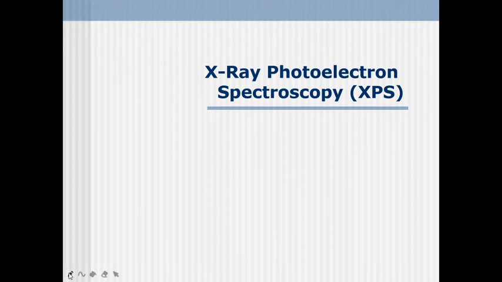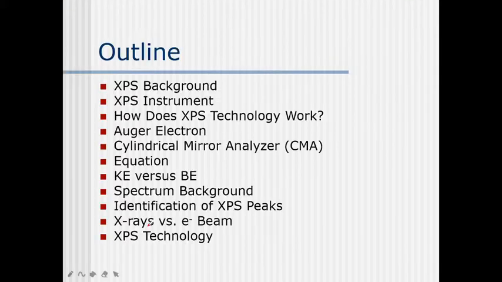Good morning, everyone. So, we had seen in the last class about photoelectron spectroscopy, in which we had categorized two systems, that is UV photoelectron spectroscopy and X-ray photoelectron spectroscopy. In the UV photoelectron spectroscopy, we were thinking about the surface electrons, whereas in the X-ray photoelectron spectroscopy, we will be looking upon the core electrons associated with the atoms.